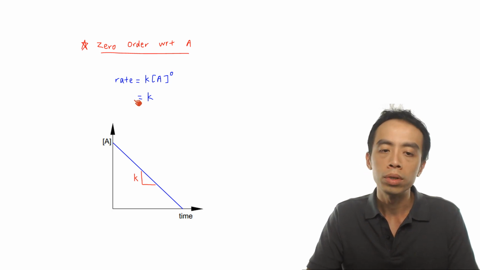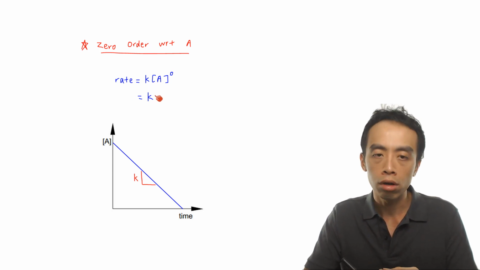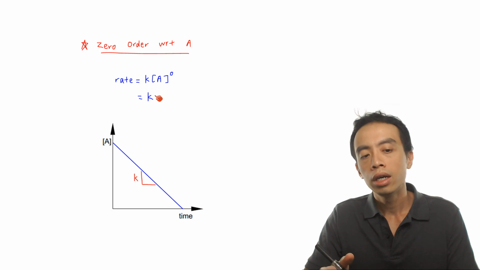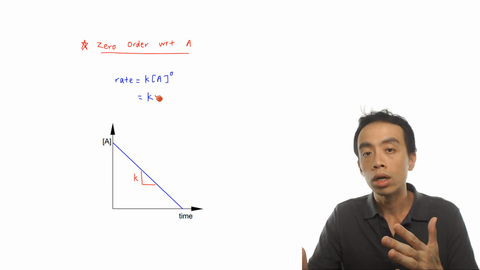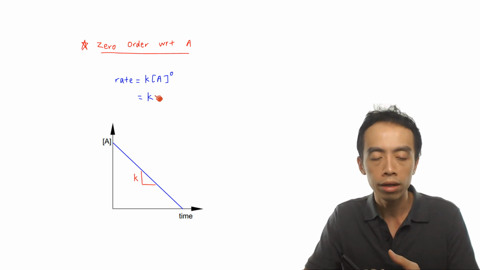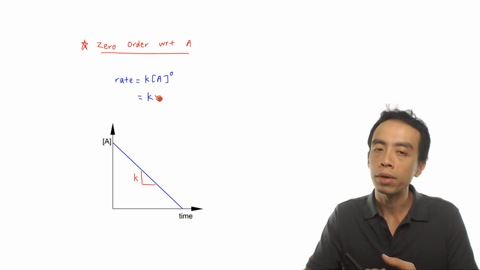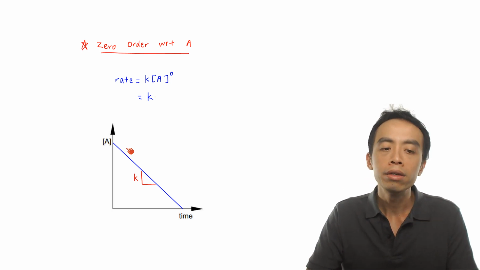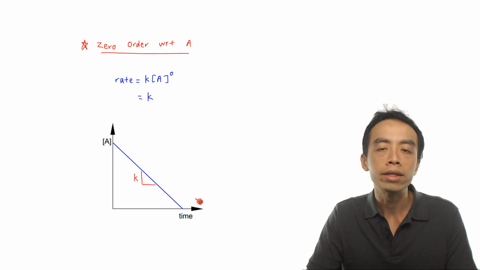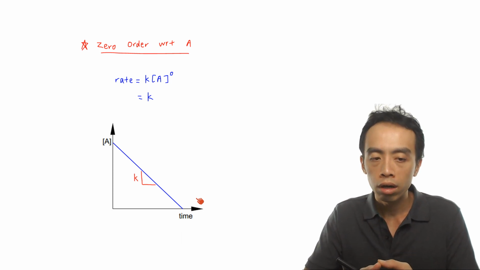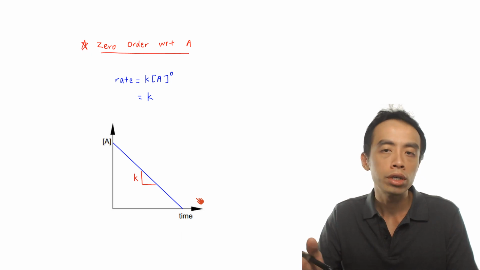So the rate will be a k term, which means that the rate is a constant. So what this means is, if I convert this to a concentration time graph, then the shape of the graph is expected to be a straight line, and if it is a straight line, it will mean that the gradient is constant. Now we know that the gradient of a concentration time graph will just be the rate of